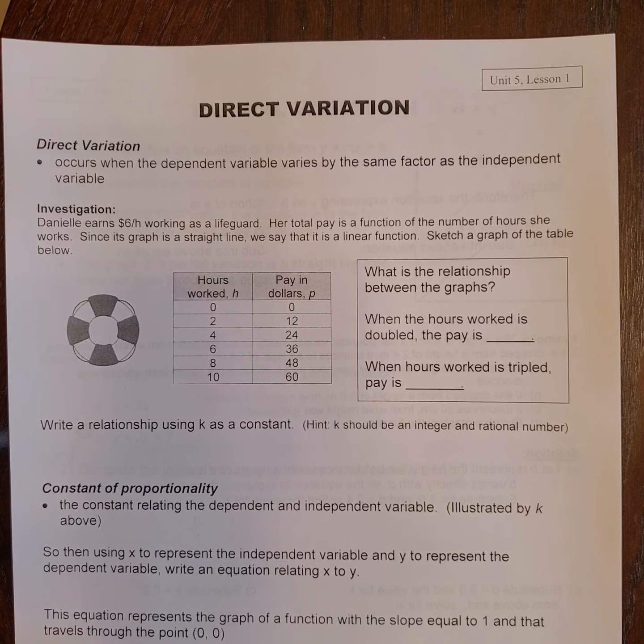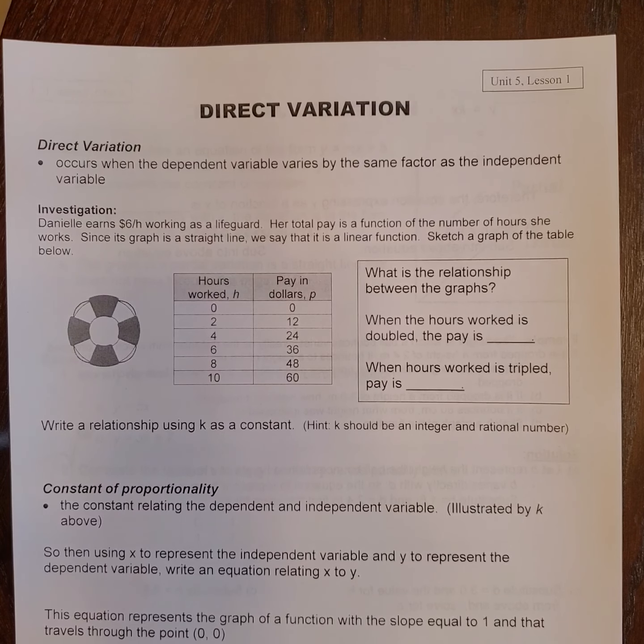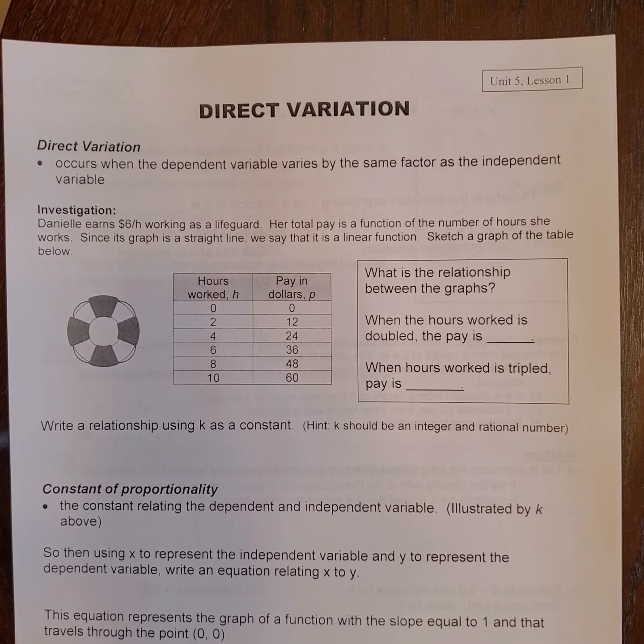Unit 5, Lesson 1, Direct Variation. So this is the first lesson of our 5th unit. This is the unit where we will be investigating slope of the line, equations of the line using y equals mx plus b. So we're going to start with the first type of graph, which is called a direct